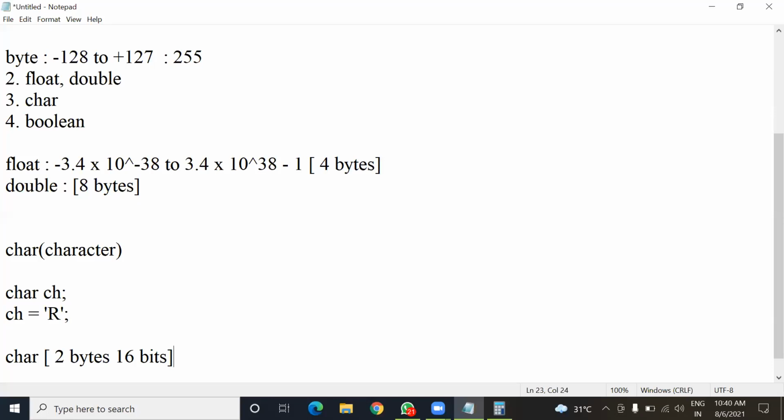It means in the Unicode character set, characters from all major languages of the world are declared. So if we declare a variable of char type, we can store in that variable any symbol from any major language of the world.